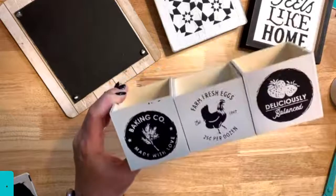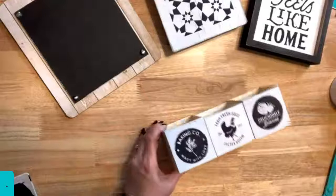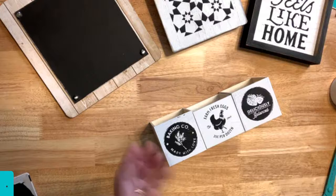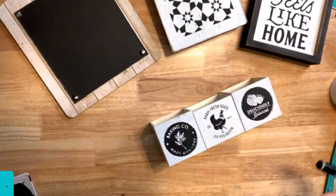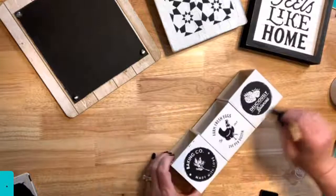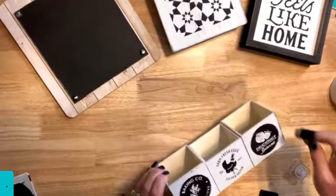Isn't it cute? See? And I'll just fill it with some fake moss or something and put some flowers in it. Honestly, you could make it like a little herb garden or whatever. That would be really cute too. So just like this guy, I'm going to ink the edges,